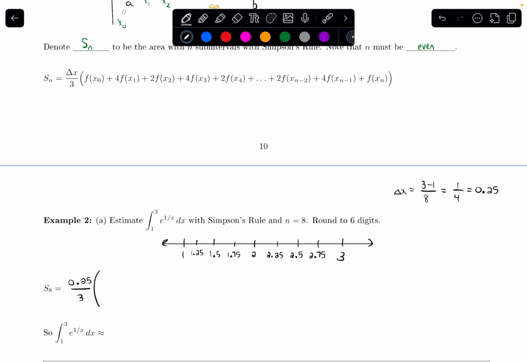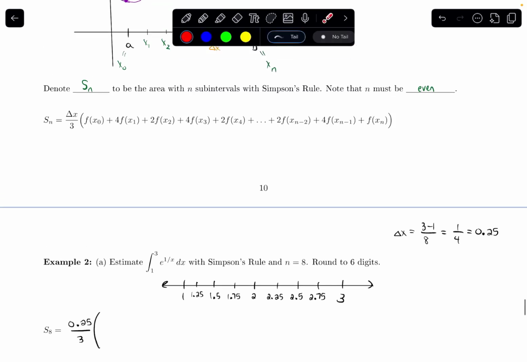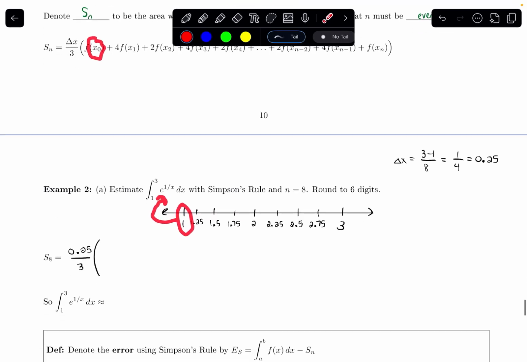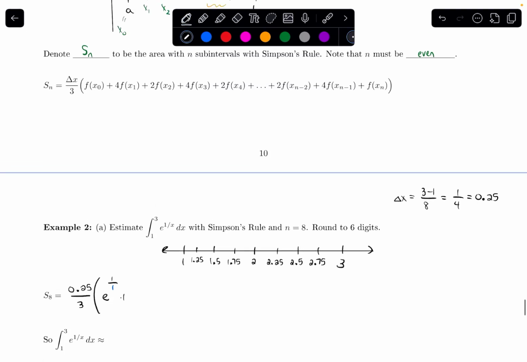And now I have to plug in x naught, which was this left endpoint, into my function. So my left endpoint is 1. That's my x naught here. I've got to plug that into the function. So if I do that, I'll get e to the 1 over 1, plugging in 1 for the x. Okay. All right, next up, I'll have 4 as the coefficient times